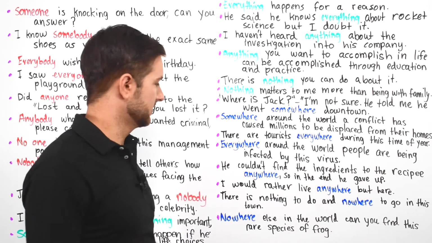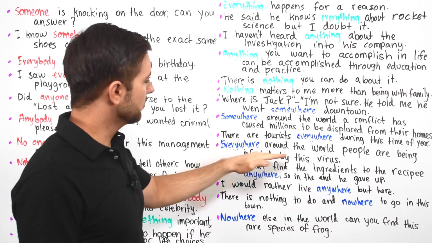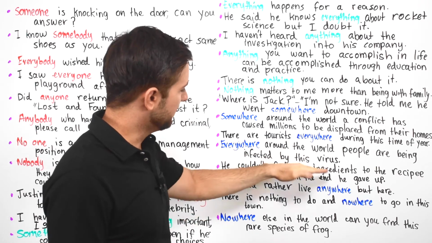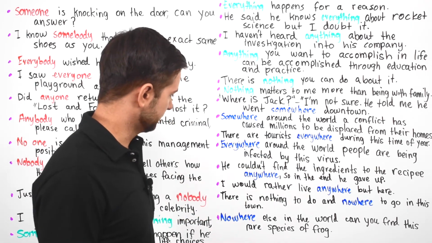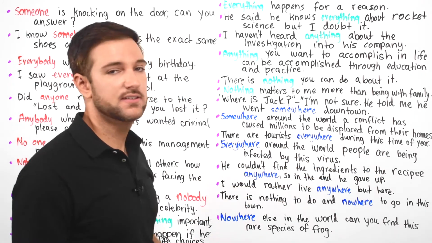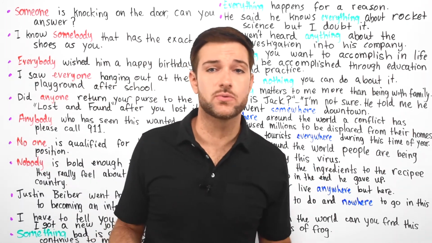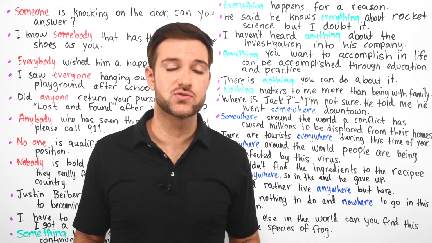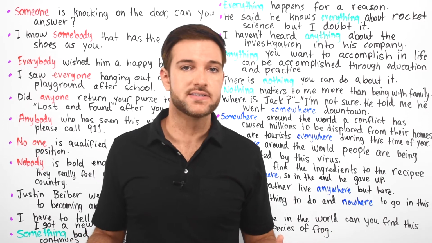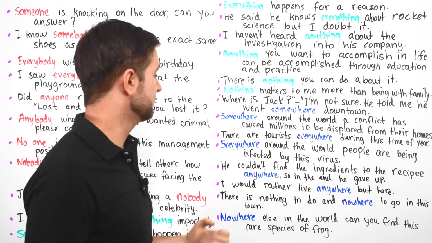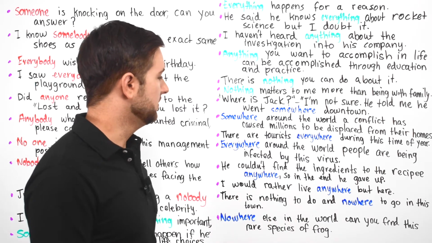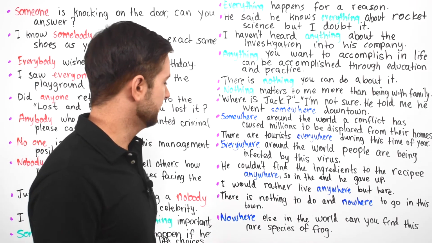Everywhere, in all places. Everywhere around the world, people are being infected by this virus. Okay, even in this case, we can talk about the coronavirus, which, as far as I know, has spread to pretty much every place across the planet. So everywhere across the planet, in every place, people are being infected by this coronavirus.